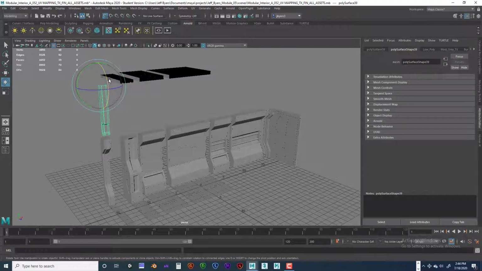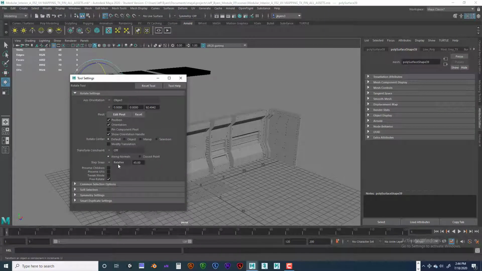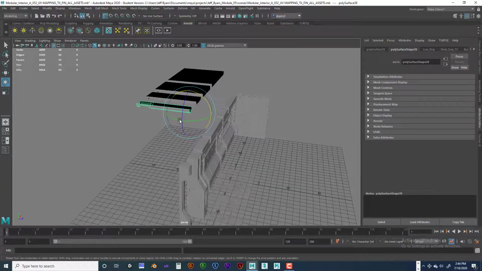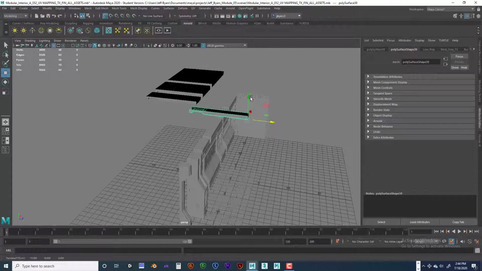I've got the snap on for relative snap on. If you want to turn that off, you can always go into the tool itself and change that to off if you don't want to have that snapping on. Okay, I like it on. And I can turn it off and on whenever I want. Okay, so the whole idea is that everything is textured now. Now we can go ahead and start building